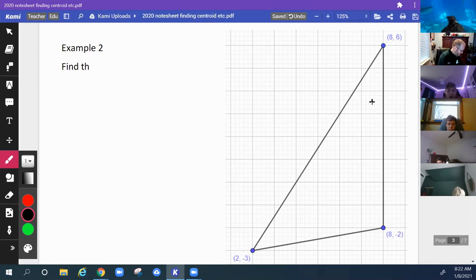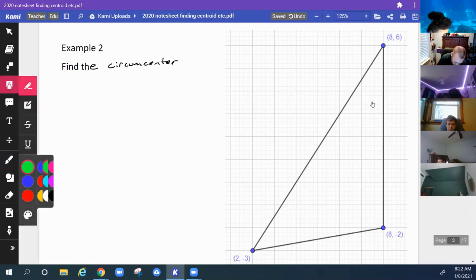Get to my page here. We've got (8, 6), (8, negative 2), and (2, negative 3). So what I want to do is find the circumcenter of this triangle. What you guys have got to remember is the circumcenter is going to be the perpendicular bisectors. Whenever I see circumcenter, what this means is it is the